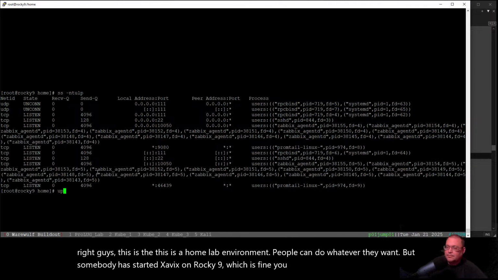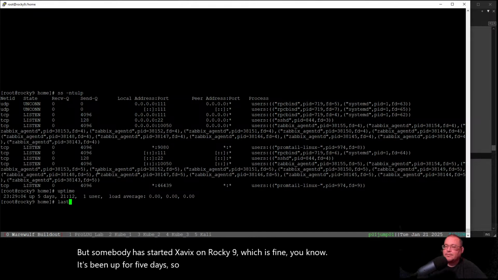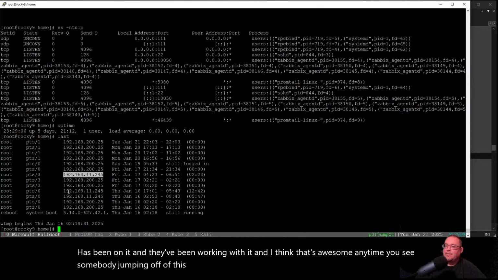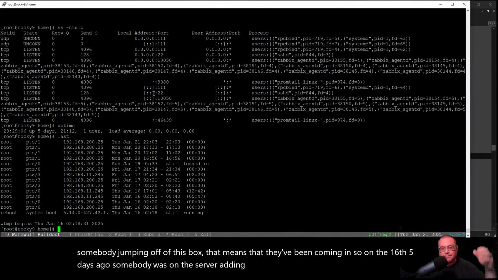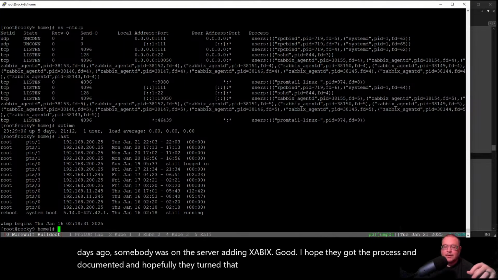You know, it's been up for 5 days, so somebody has been on it and they've been working with it, and I think that's awesome. Anytime you see somebody jumping off of this box, that means that they've been coming in. So on the 16th, 5 days ago, somebody was on this server adding Zabbix. Good. I hope they got the process documented, and hopefully they turned that into a cool thing for